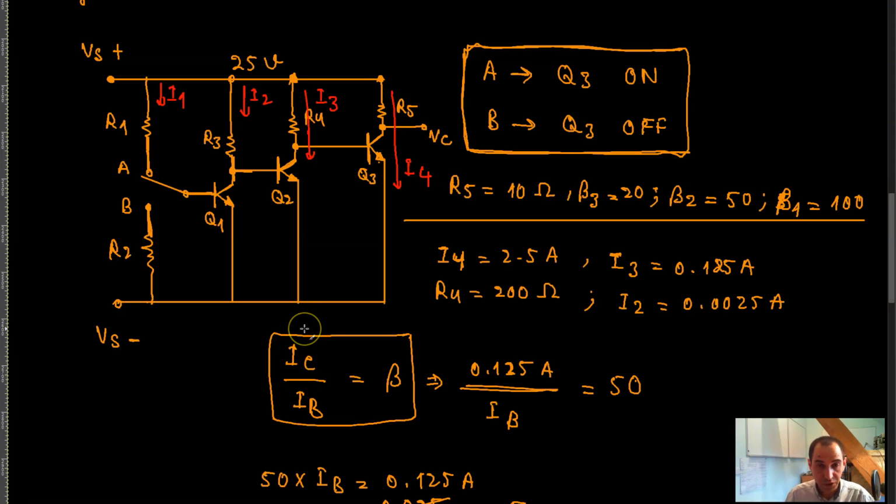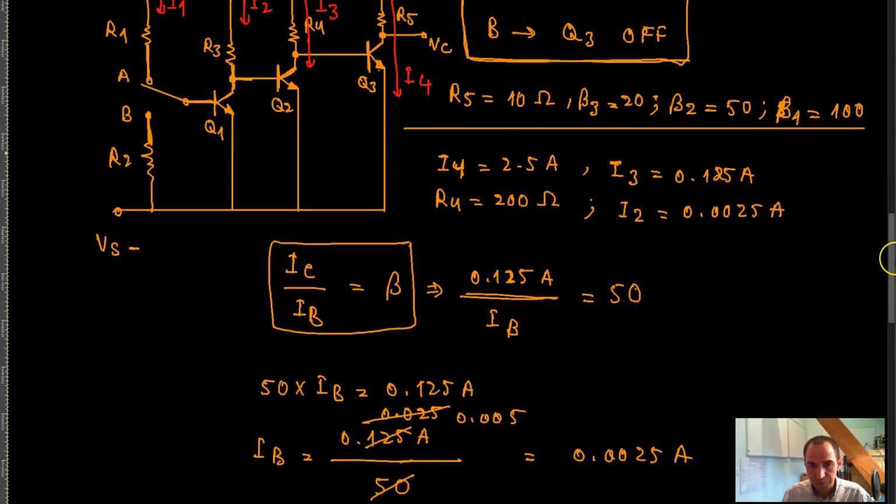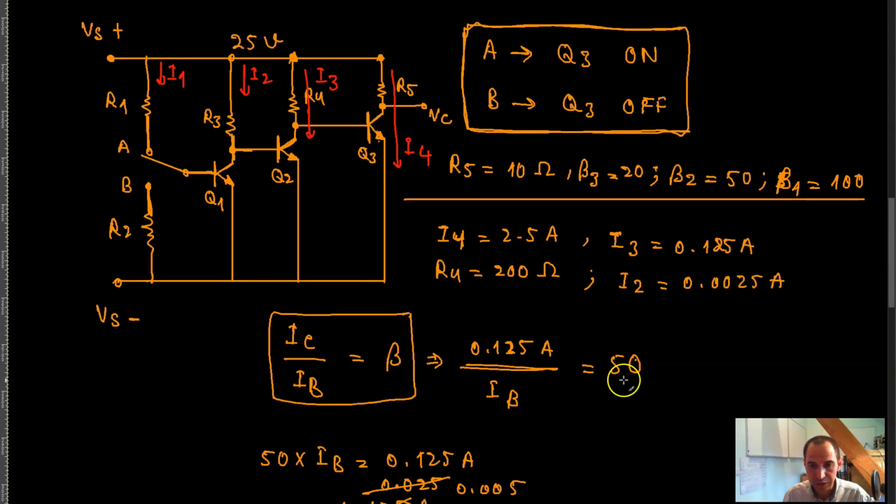So the collector current is always larger by a factor of beta. So you know that I of 2 is supposed to be 0.0025 amps, and now